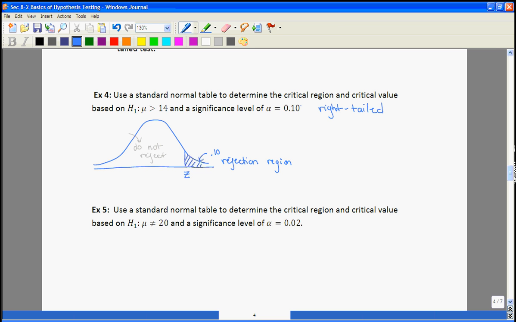And looking on my table, and I don't have one here in the video, the closest I get to 0.1 is 0.1003. That's pretty close. And that gives me a z-score of 1.28. Now, if you were looking on your table, you probably had to look on the negative z-score, but knowing that this is a right-tailed test and knowing that a normal curve is symmetric, go ahead and make that positive 1.28 because you're in the right tail. So the critical value